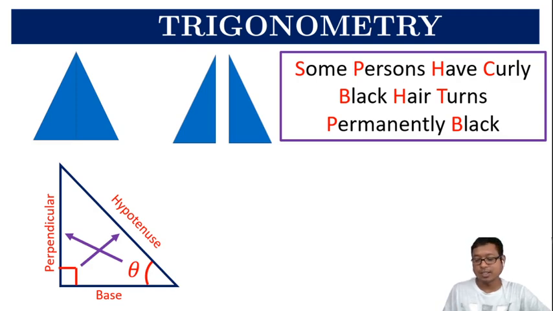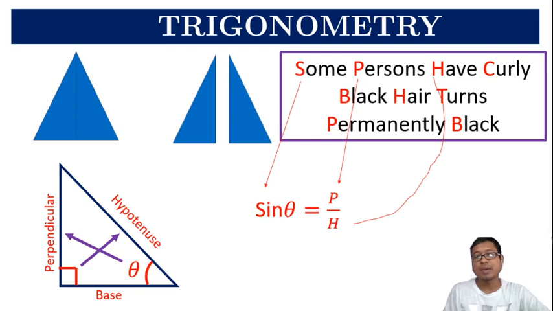That you can see here. Sin theta is equal to perpendicular by hypotenuse. You see, from the word some, I have borrowed the first letter, that is S. From the persons, I have borrowed the first letter, that is P. And from the have, I have borrowed the first letter H. So I have highlighted the first letter of every word by red color so that you can remember